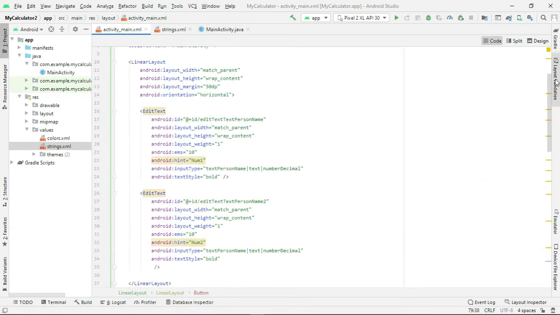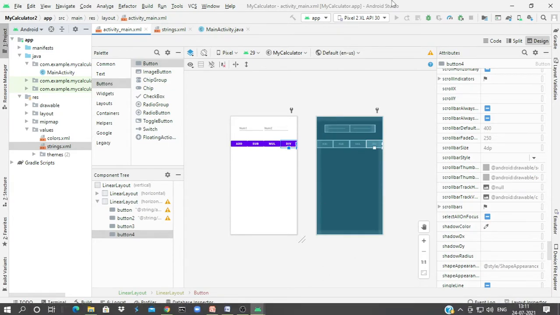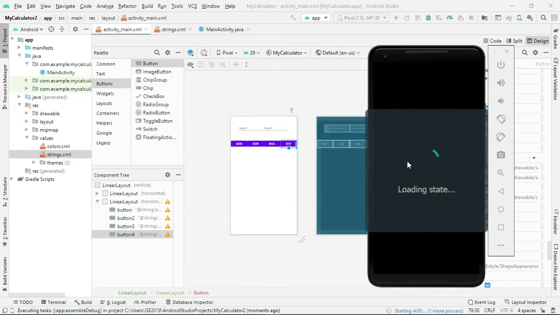Yes, I think our design is ready. So let me just check how it looks, whether it is fine or not. Let me run the emulator and check if my design is looking good.